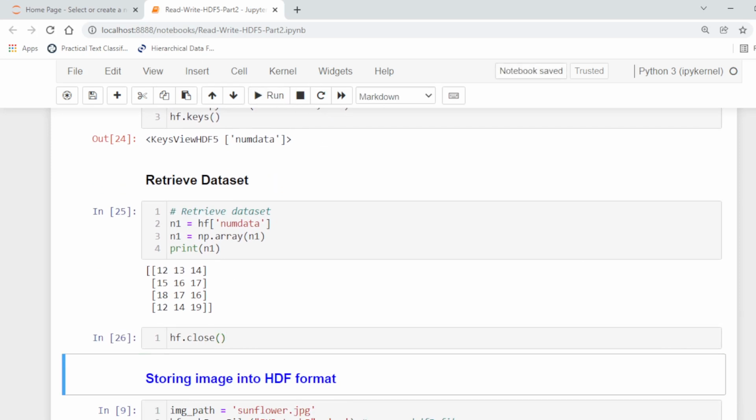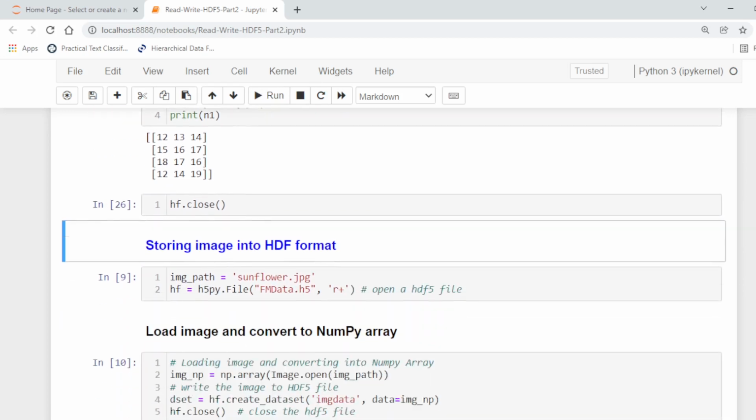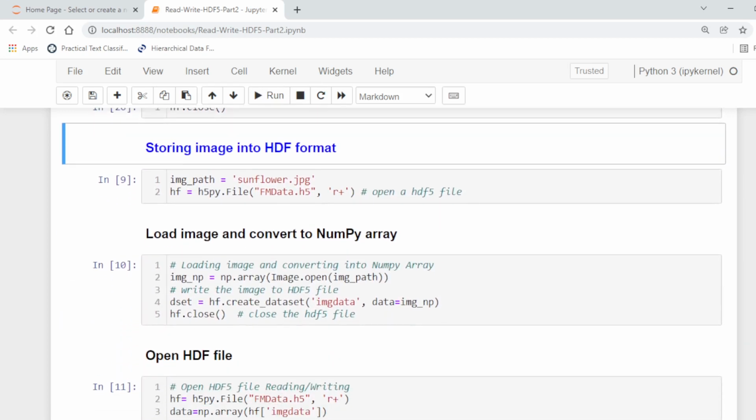Storing image into HDF format. Here as an example, we are going to store the sunflower image in JPG format into the HDF format, in the same file in which we have stored the numerical data. Here we are opening the file in R+ mode, so we can read and write the file.